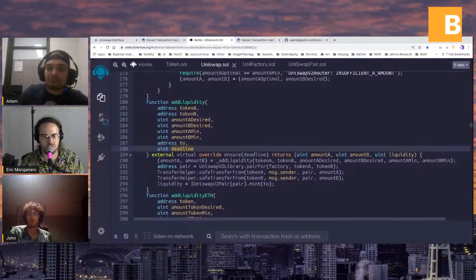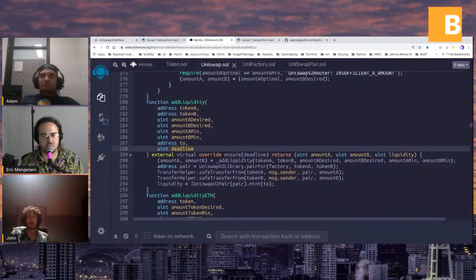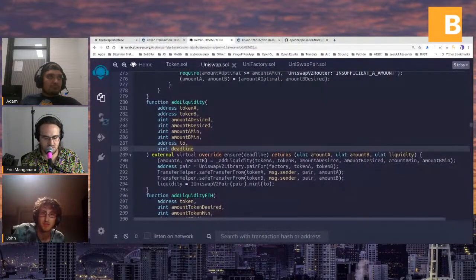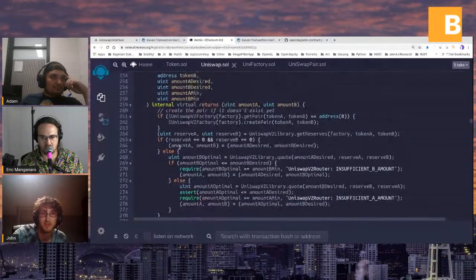Or if you create a new pool, it will set them equal no matter how many you put in. But once the pool is created, there has to be a certain amount. So they do a fairly complex set of if statements. But the important takeaways are,